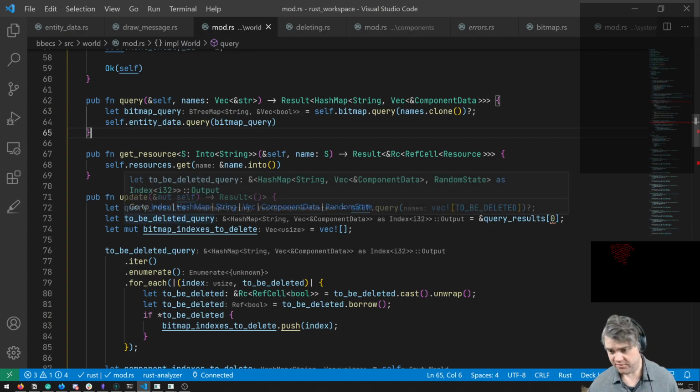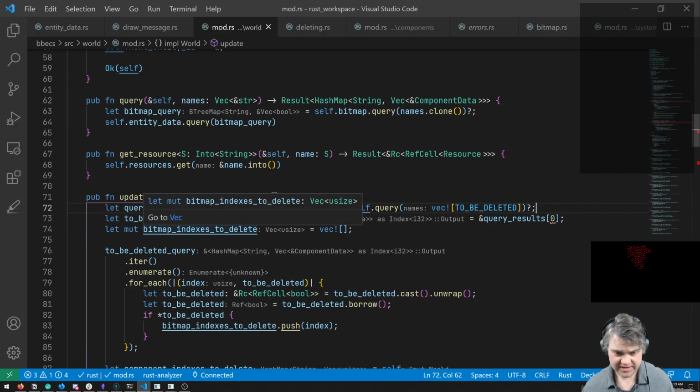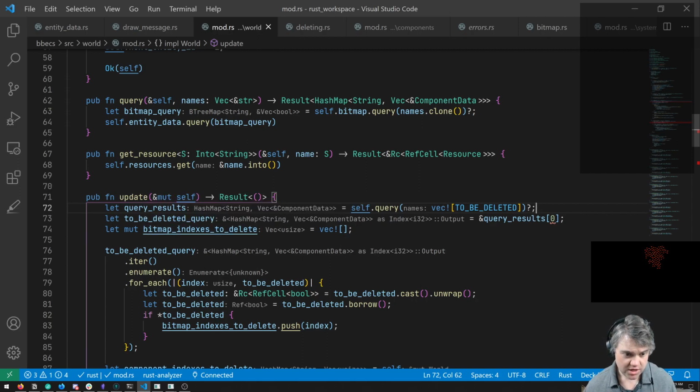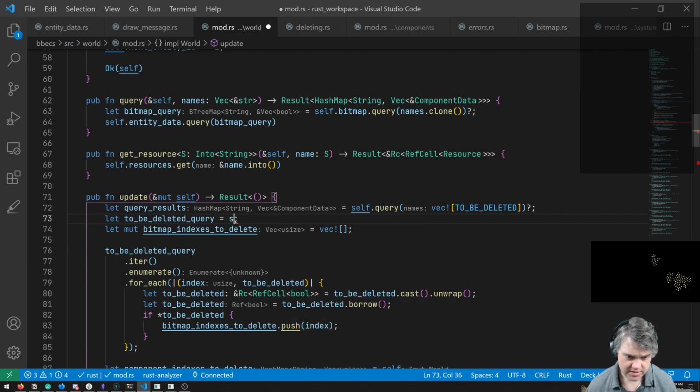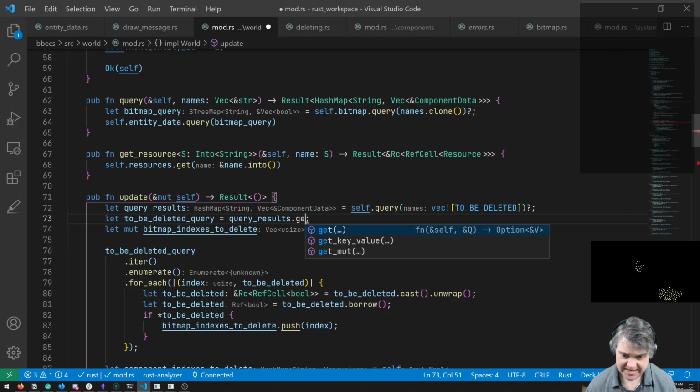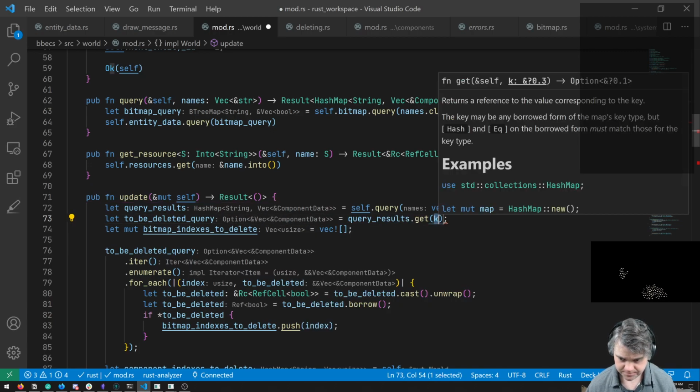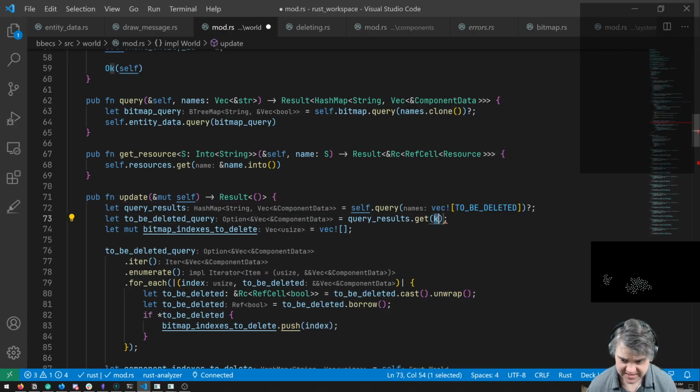Okay, so wherever we get queries now, we have to sort of extract this out. So the to be deleted query is actually going to be equal to self dot, no, it's going to be the query results dot get, and then the query here is to be deleted dot toString.